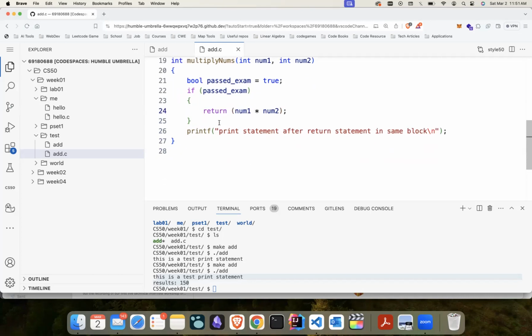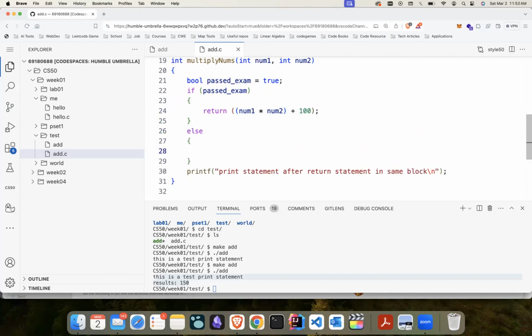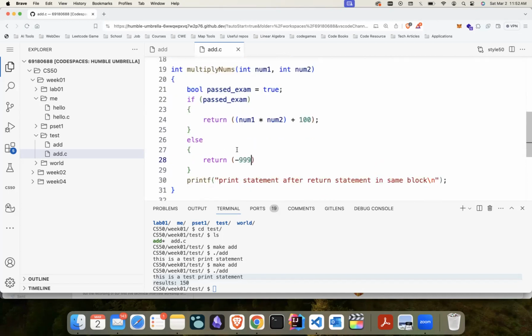So if passed exam, do this. You're going to return some number if they pass the exam. So let's say maybe it's not just you're multiplying the two, but then you're going to add 100 to it. But else, if they haven't passed the exam, you want to return something else. Let's say negative 999. Okay. In this case, when you call this function multiply numbers, it will hit every single line because